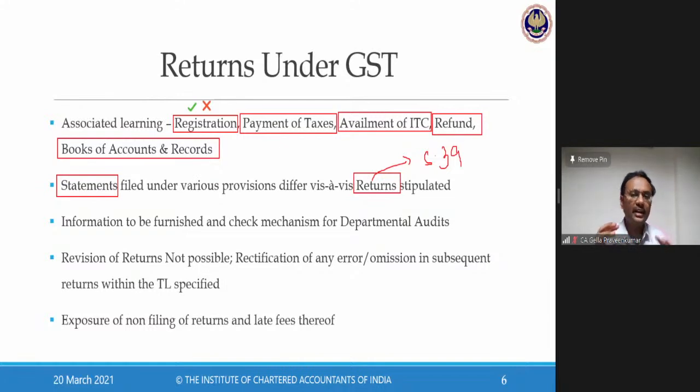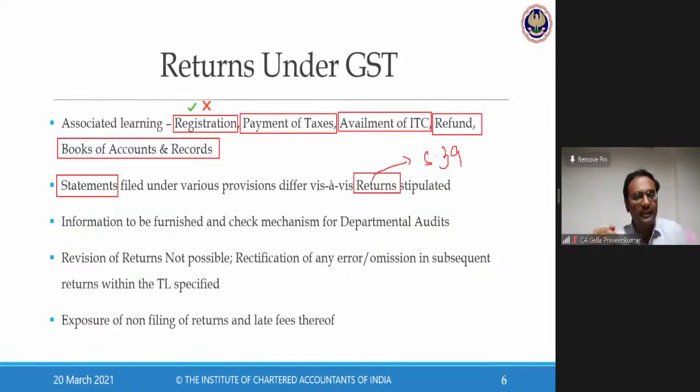sales reported and your purchases reported have no sanctity, because your GSTR 2A says that this is the value of your purchase, but your input tax availed in GSTR 3B doesn't match with what your suppliers say, or vice versa. Officer may also say, Praveen, your e-way bill doesn't match. The summary as per e-way bill doesn't match with your returns.